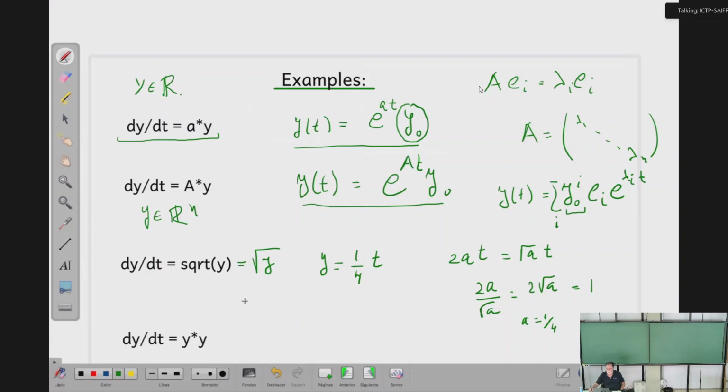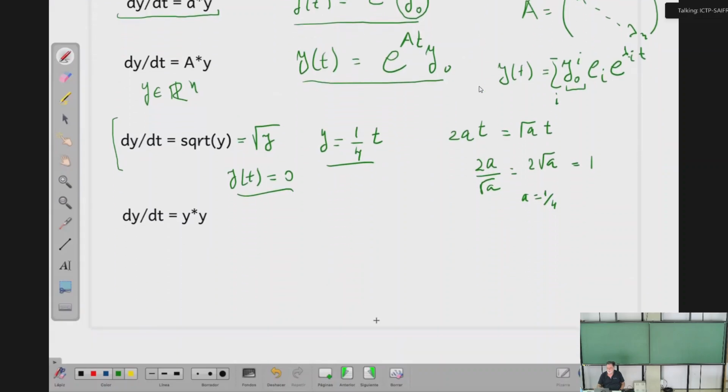But notice that another solution of this equation is y equals to 0 directly, right? Because in both sides you get 0. So constant equal to 0 is a solution, and this also is a solution. So this equation has many solutions for the same initial data. And you stop at 0 and you have this solution, you have this solution, and you have many other solutions,